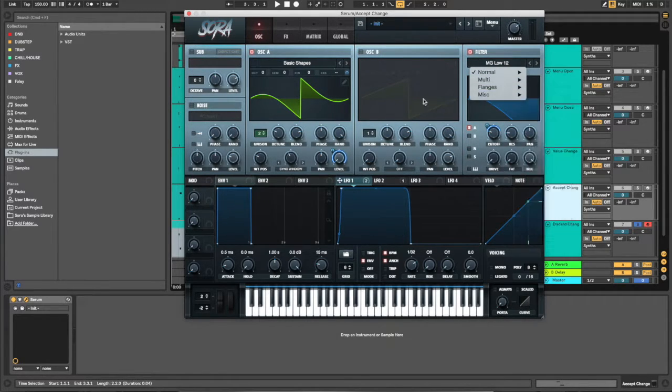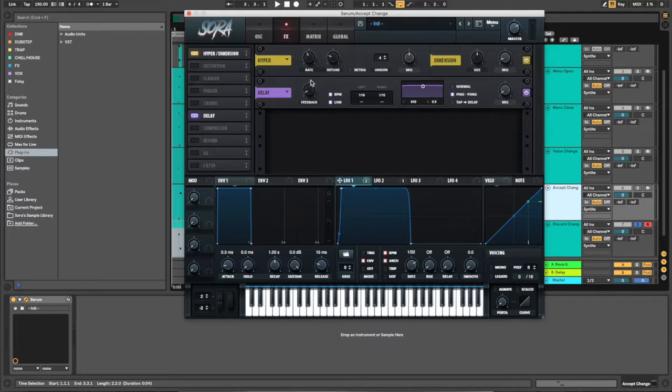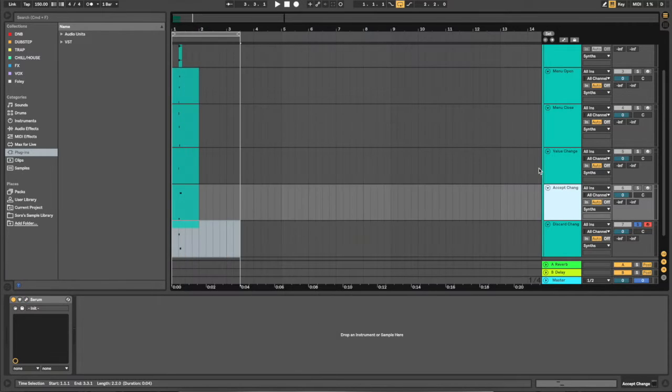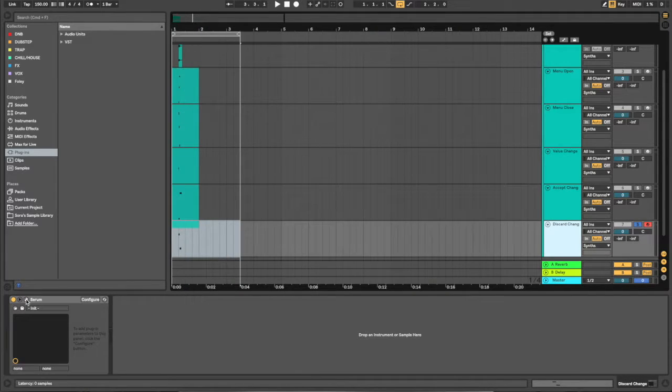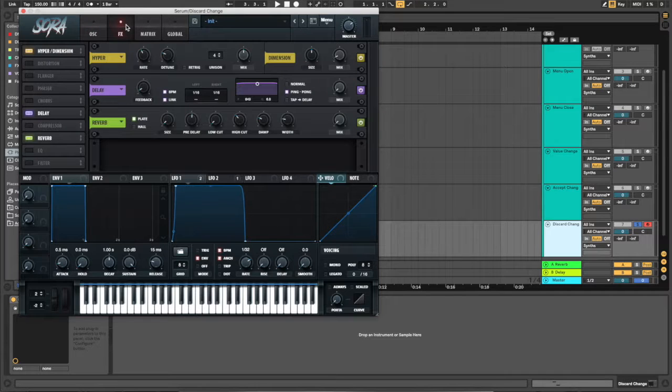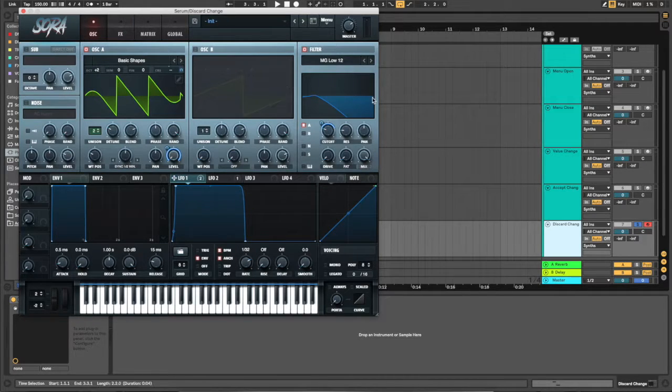For the most part, I just experimented with different warp modes within the wavetables. And if you're familiar with Serum in particular, the warp modes are a really great way to change the actual properties of the wavetable. So for that, I just stuck with different sync modes, and I also got the chance to experiment with different effects types